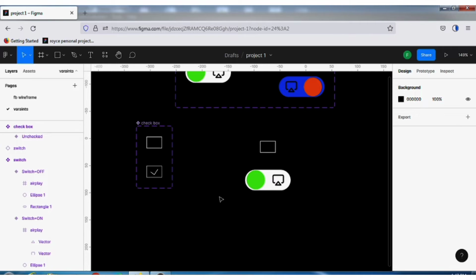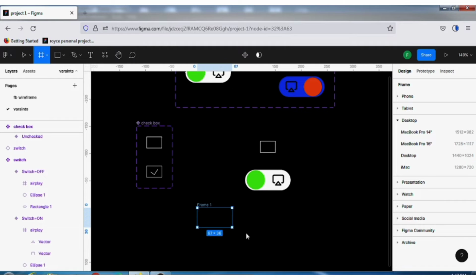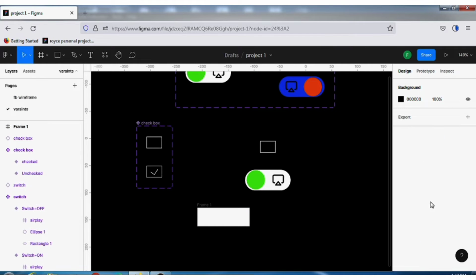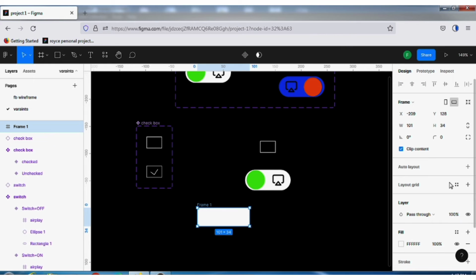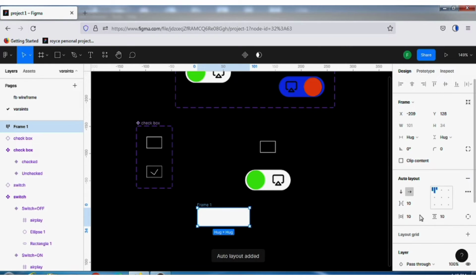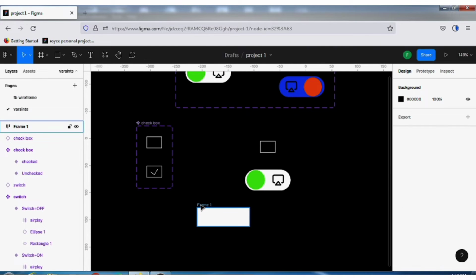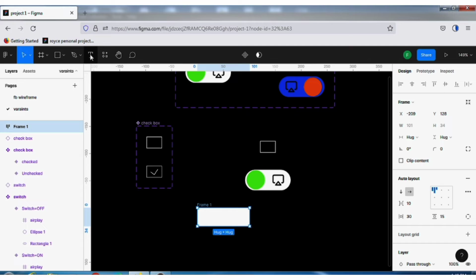Okay, let's create another one from the beginning to help you still understand what you are doing here. Let's use a frame. Let's convert to auto layouts. I will still do a video on auto layouts. I will still teach on auto layouts. Let's put 30 and 15 for the spacing. I would do a video on auto layouts. If you don't understand what auto layout is,